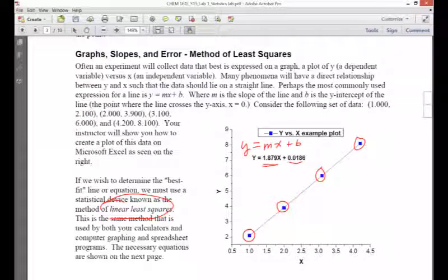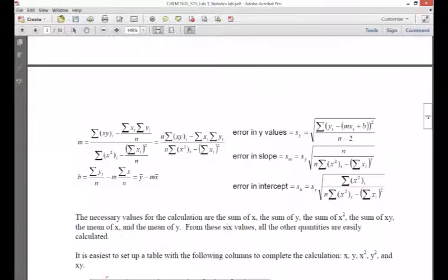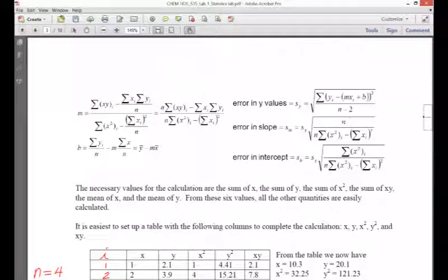Now, this you may have been familiar with, but you may or may not be familiar with where m comes from and where b comes from. How do you calculate these? Where do they actually come from? That's what I want to go over with you, because that's part of what we're doing in this lab. So if we scroll down here and take a look at this set of equations, we have here